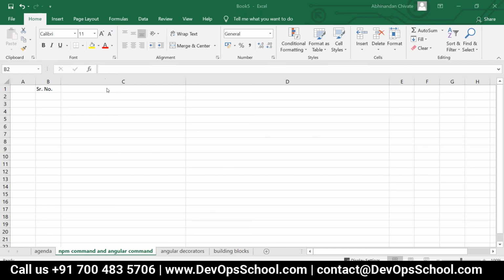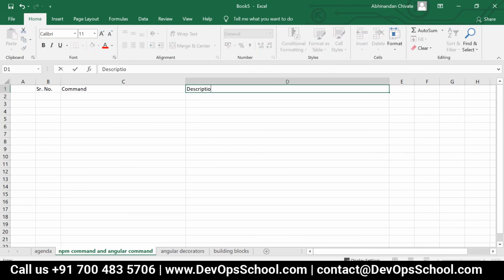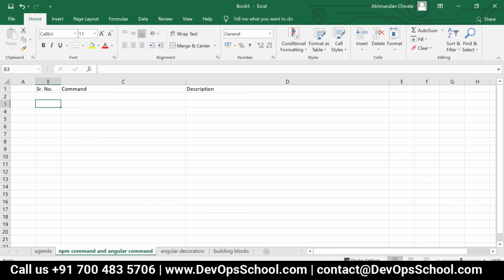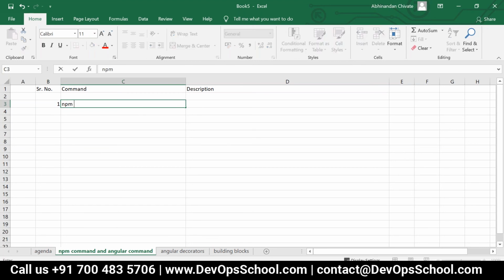Okay, now we'll have a look over here. Okay, this you remember, this is the command and description. First command, npm